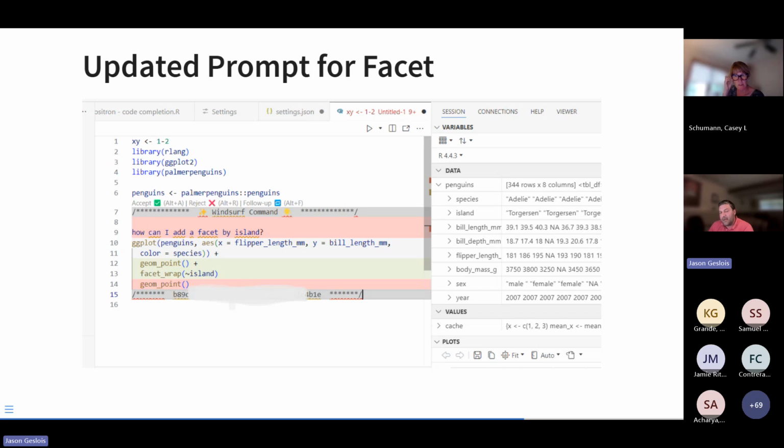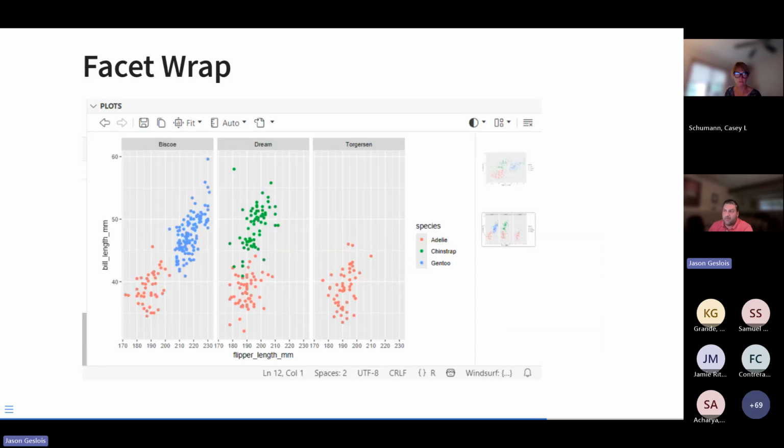And we add that back into the code to be able to run. So it's a facet wrap around the island, and be able to produce it at that point. And so from there, it makes the facet wrap code by island based on the new updated chart. And the nice thing about the plot viewer in Positron is you can see the previous chart we had there